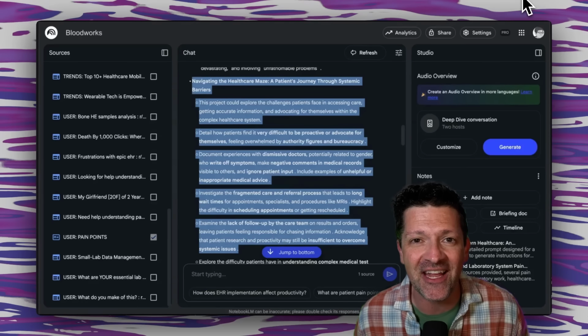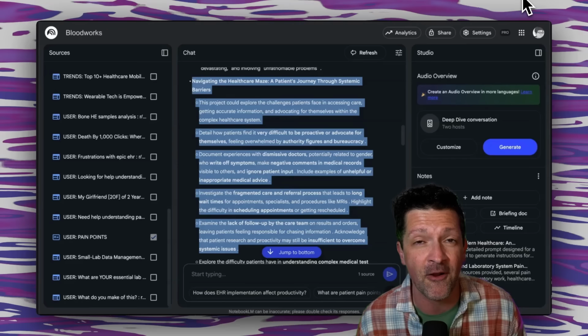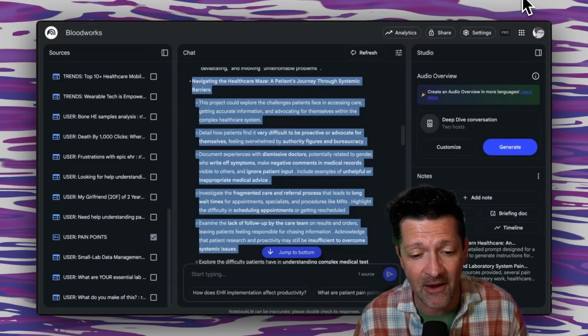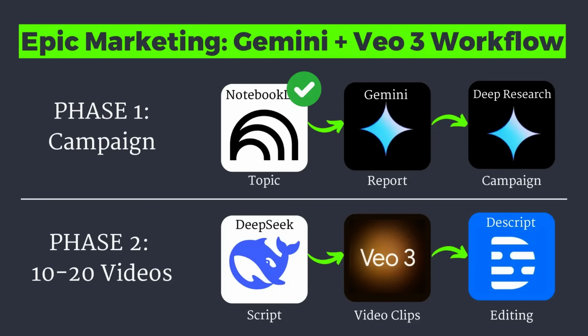And as usual, NotebookLM has come up with some great ideas for this marketing campaign based directly from these user pain points. The one that I like the most right here is navigating the healthcare maze, a patient's journey through systematic barriers. Now that we have that, we can move on to step 2, which is creating the core piece